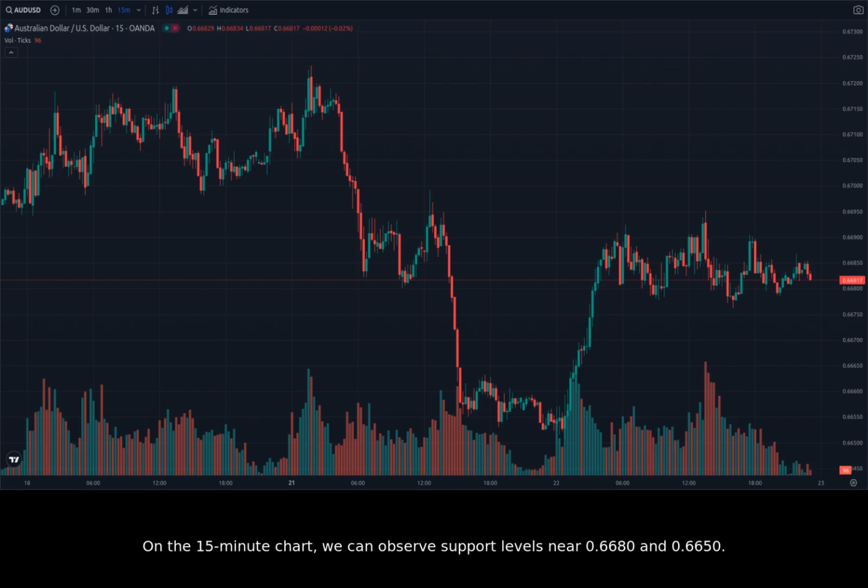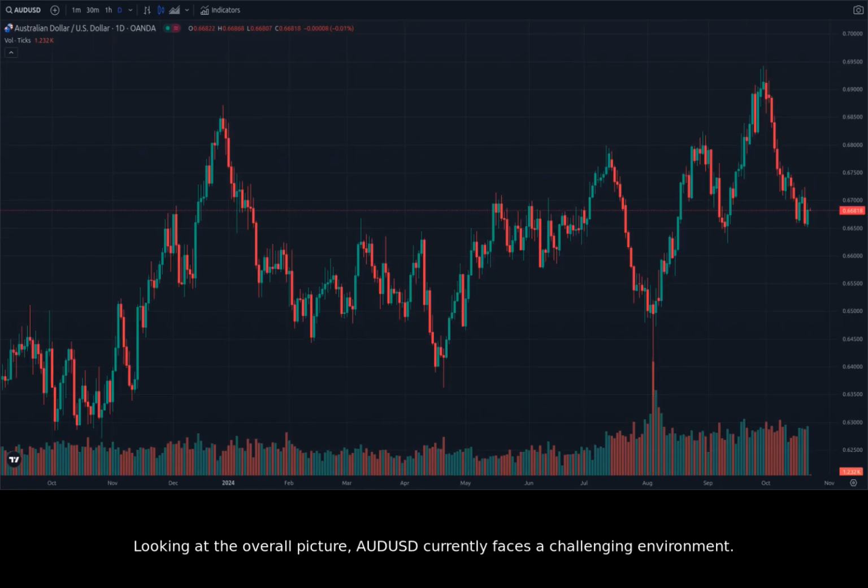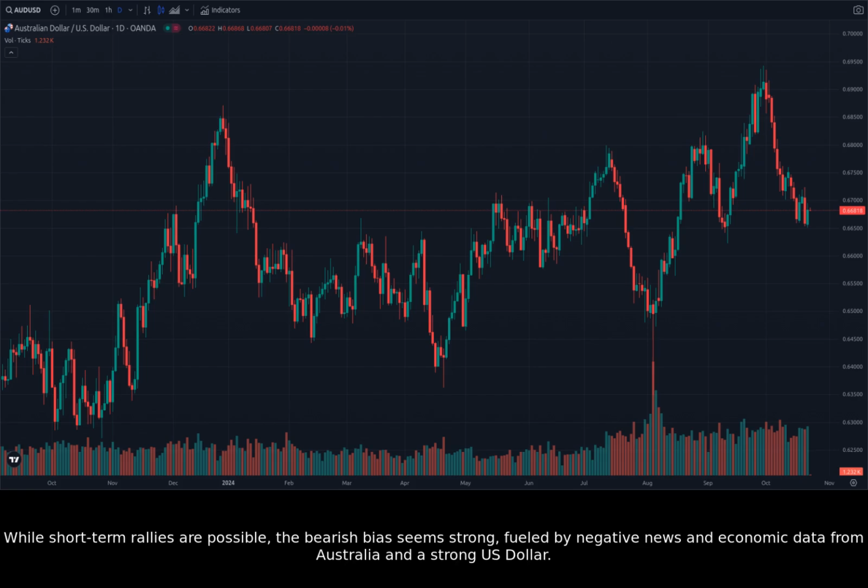On the 15-minute chart, we can observe support levels near 0.6680 and 0.6650. Resistance appears to be holding firm around 0.6710 and 0.6730. Looking at the overall picture, AUDUSD currently faces a challenging environment. While short-term rallies are possible, the bearish bias seems strong, fueled by negative news and economic data from Australia and